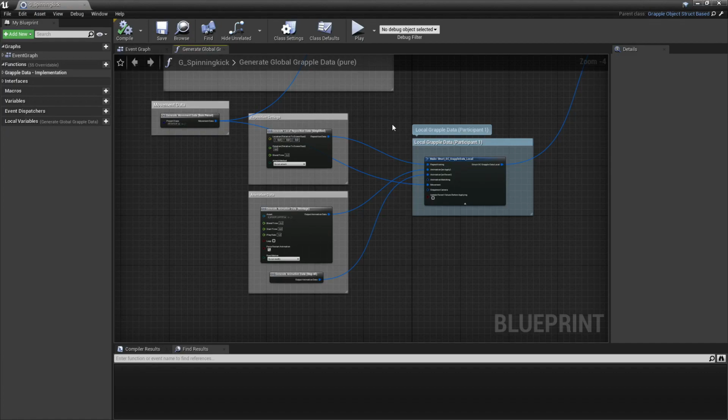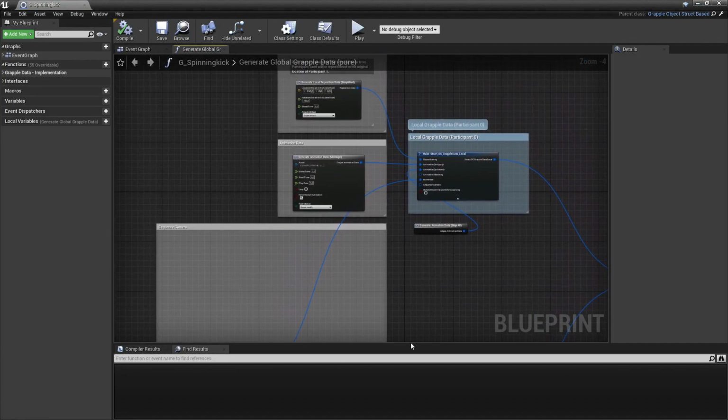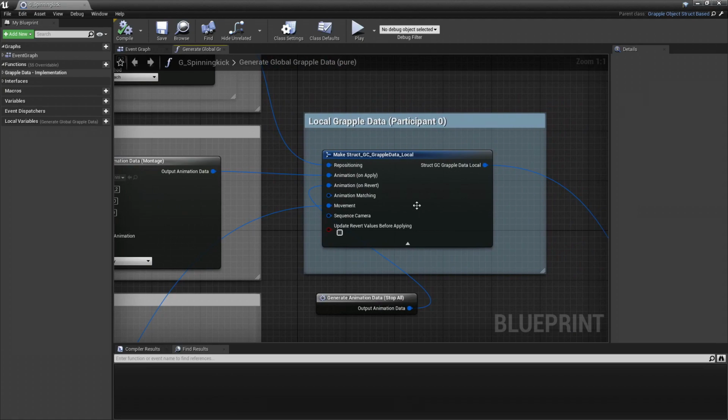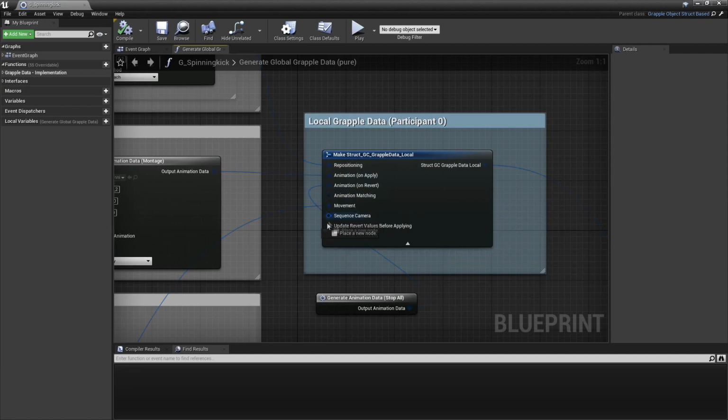Because the only player-controlled character in our case is participant 0, the attacker, we will only be focusing on this character when creating the sequence camera settings. So as you see here, we are defining different things for our character, repositioning, animation, movement settings, and here you have the